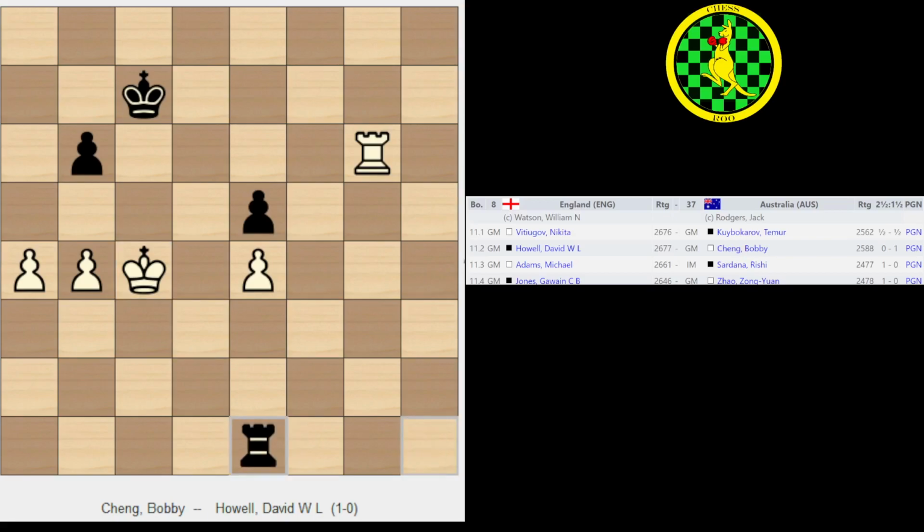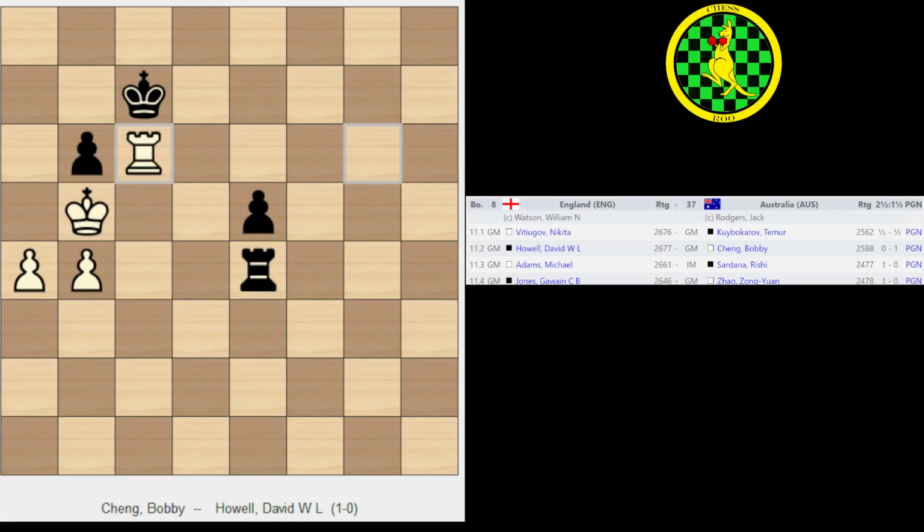And black has made a choice to attack the e-pawn. He could have attacked the a-pawn. Now the move which Bobby played is winning, but it's not the preferred computer line. The computer seems to prefer king d5 or even rook g4, but let's just go with the played move of king b5. So the e-pawn drops,